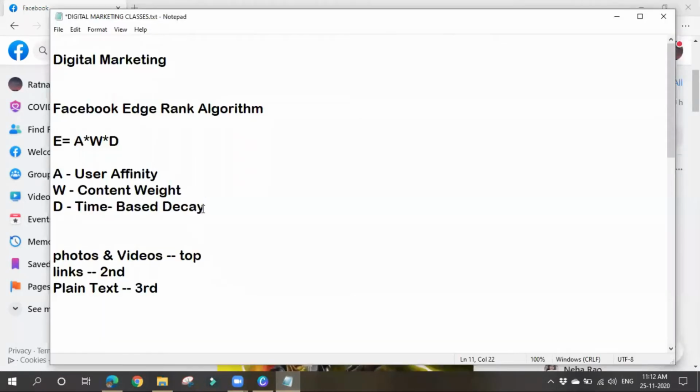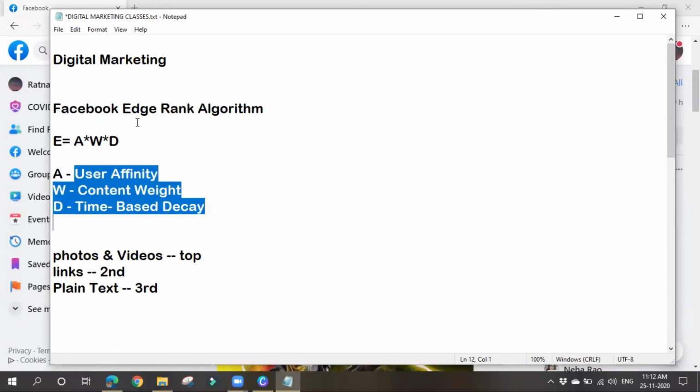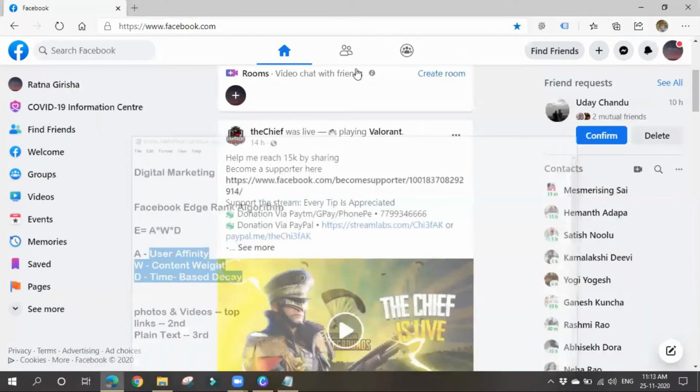Yes. So how old our post is also important. This is known as time-based decay. In this factor, the EdgeRank algorithm will check whether the post is a new one or an old one. How old is our post? It will check like that. So based on all these three factors, this EdgeRank algorithm determines what article should be displayed in the user's